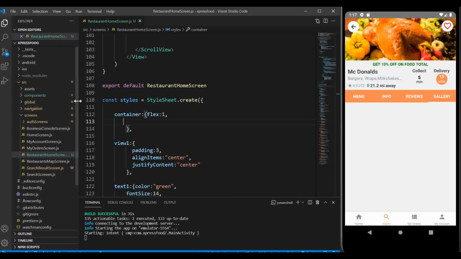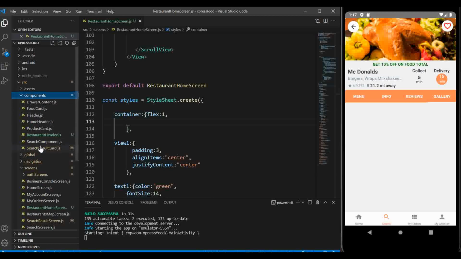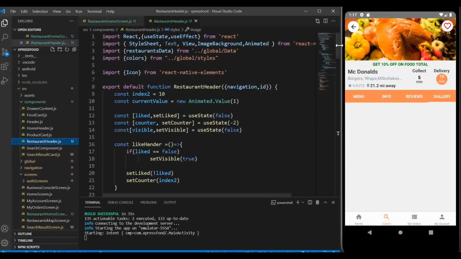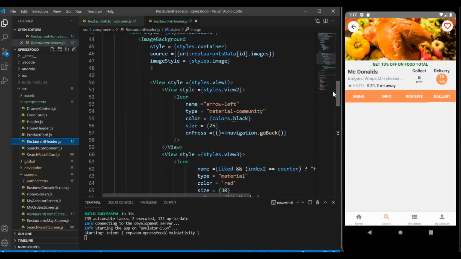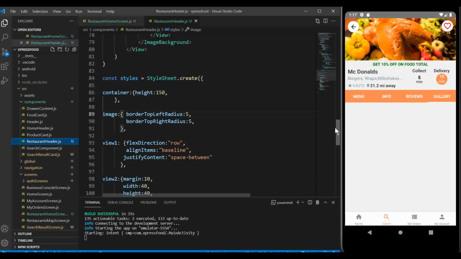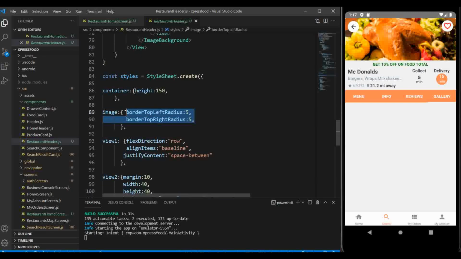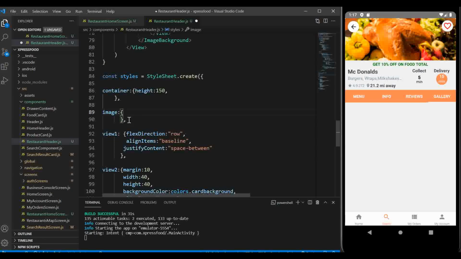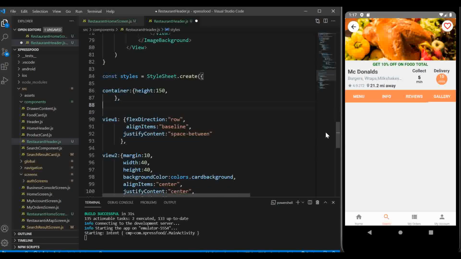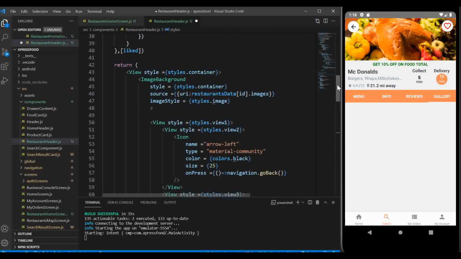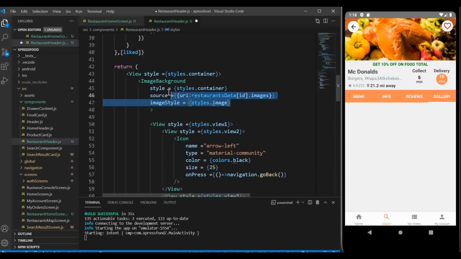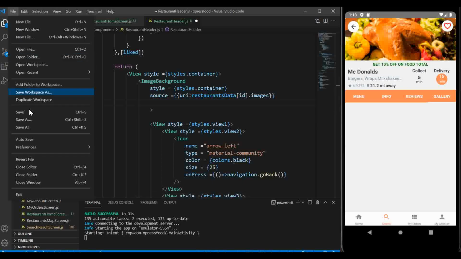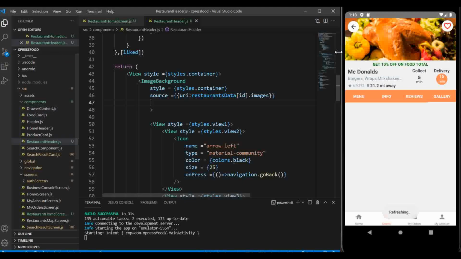so we need to go to the restaurant header component, and scroll down to the styles and just delete this. We don't need these borders, and by the way, we don't need this star, so we can delete that. And then go also to the image styles, then delete this. We don't need this. We can delete that and save. Now you can see those radius are gone,